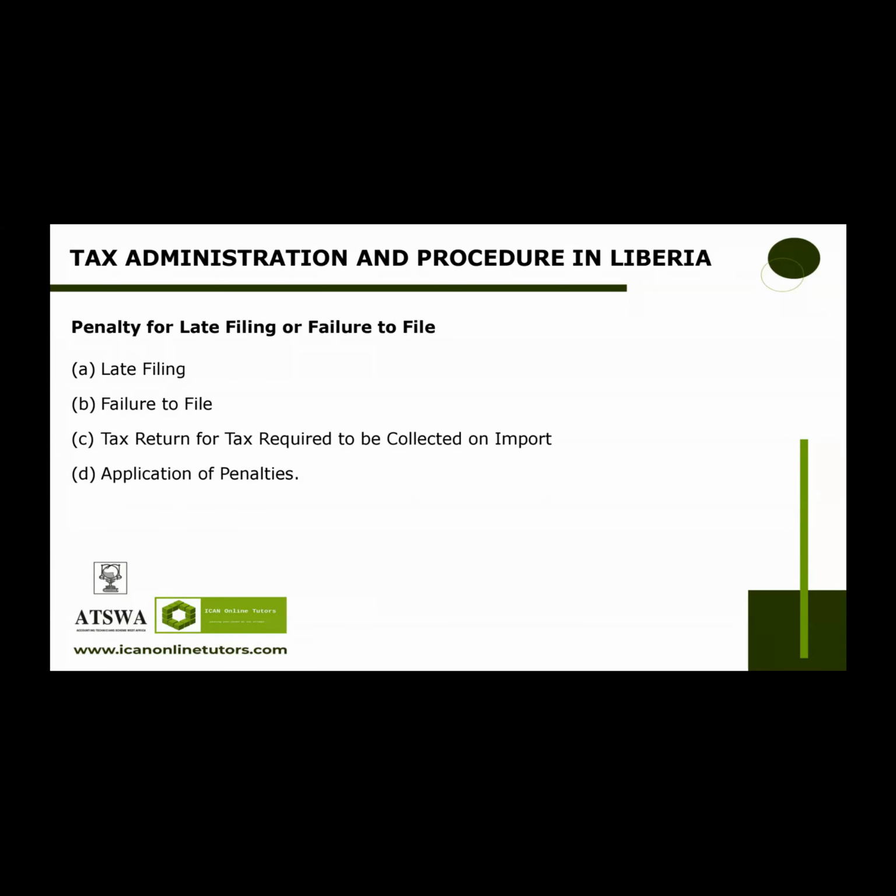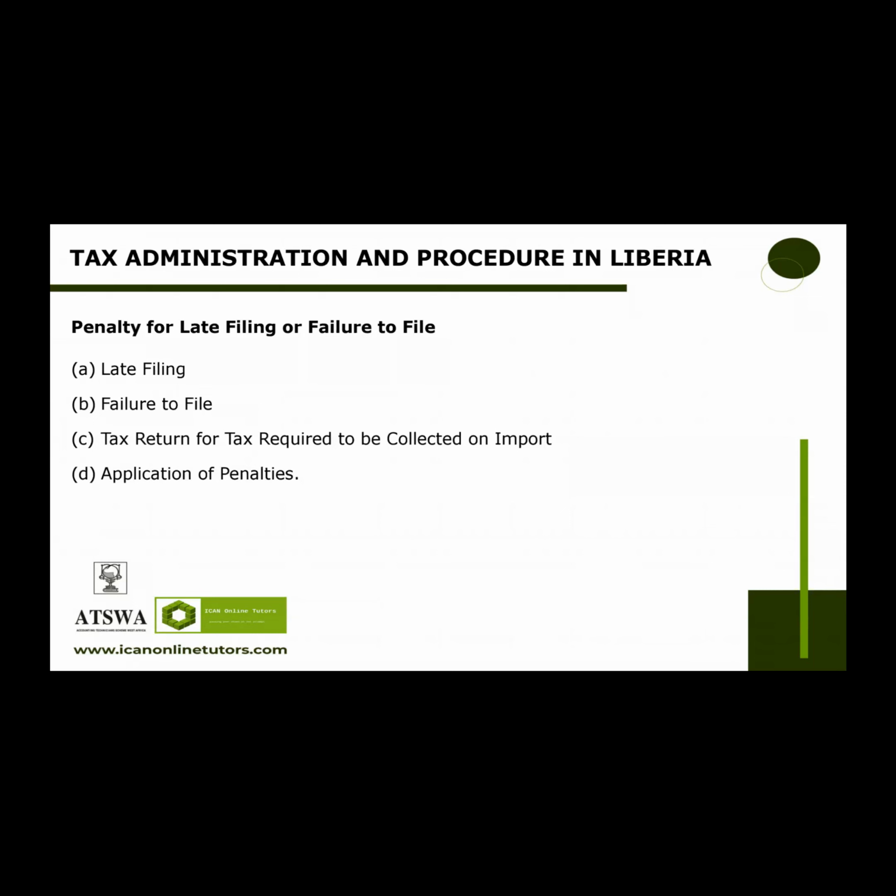One, the penalty for late filing of a tax return other than a tax return that is required to be filed monthly is 1% of the tax required to be shown on the return, and the penalty increases by 1% per month or part of a month that the return is late. Also, the penalty for late filing of a tax return that is required to be filed monthly is $200 or 5% of the tax required to be shown on the return, whichever is greater for each day that the return